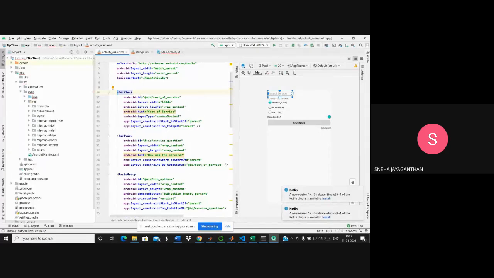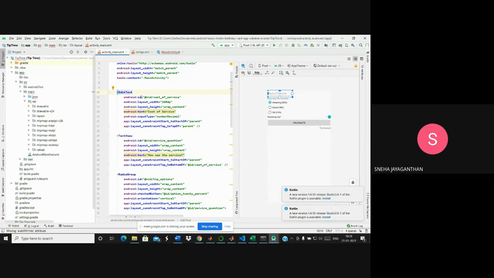First is the Android ID. Android ID is like a reference or a resource element for the particular view. If you want to access this view somewhere else in your Kotlin code, you need the ID of the particular view. To specify the ID, we use the android:id attribute.